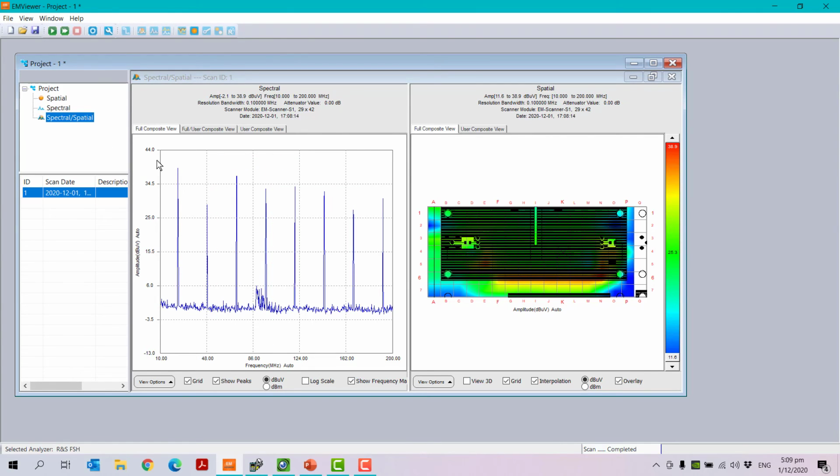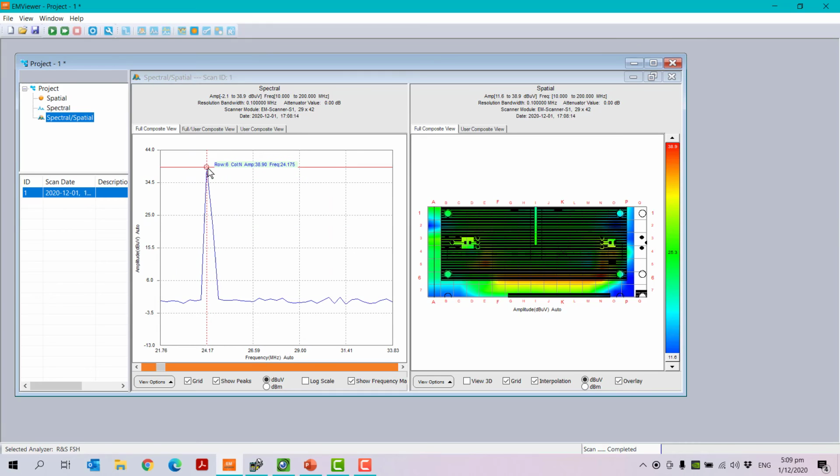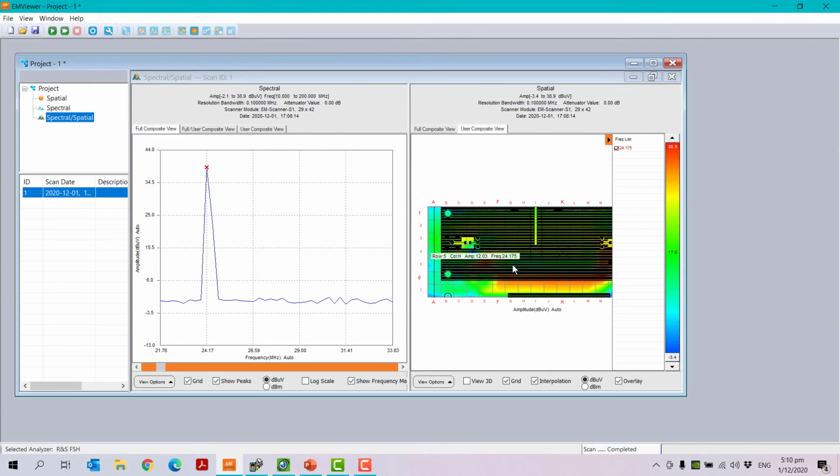Okay, so now for example, if I just go here and then I found that this is the maximum amplitude of distortion. So once I come here to this view, here I can just click the composite view and I can see only at that frequency of interest. It will show you where there is that maximum amplitude of distortion with that frequency. You can see there is row 6 column F, but amplitude is 30 at that point, but you see the frequency. So the whole spatial scan is done at that 24 megahertz for this board.